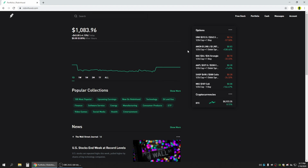One thing I want to make clear is that if the stock goes up or down, you're not going to lose $500 on the credit spread. You're going to notice that when you buy two credit spreads, there's going to be two contracts that have a $250 collateral. So if the stock goes up, you're not going to lose on your put credit spread because that's out of the money. That one's going to expire worthless,